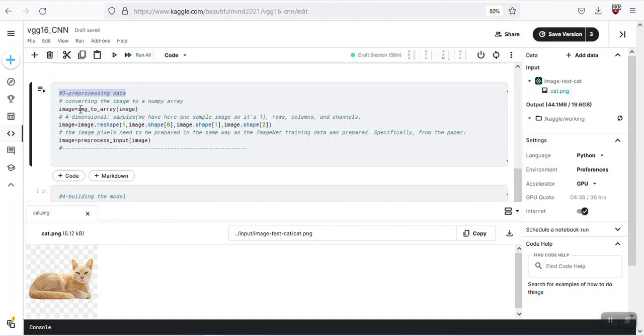pre-processing our image. We need to convert the image to a numpy array of pixels. So we use image equals img_to_array of image, and then we need to reshape the image, and it has 4 parameters. The first parameter is the number of samples. Here we are only changing the shape of the first sample, only one image, so we choose 1 here, and image.shape of 0, and this is array of 0 and 1